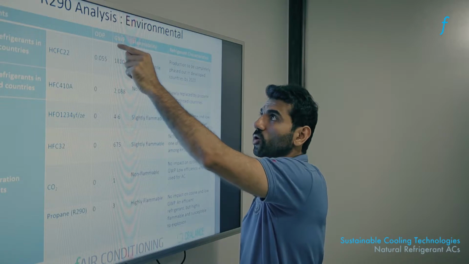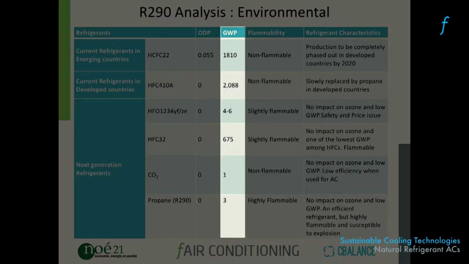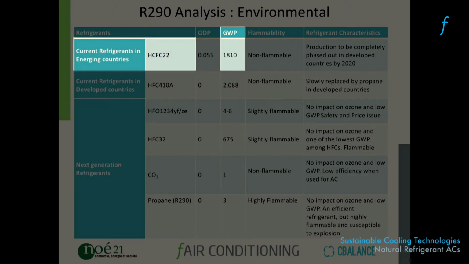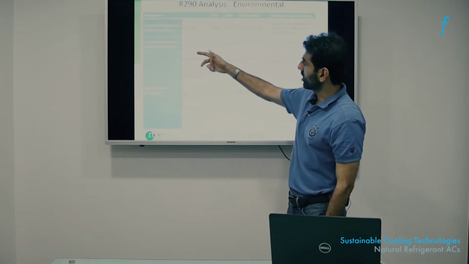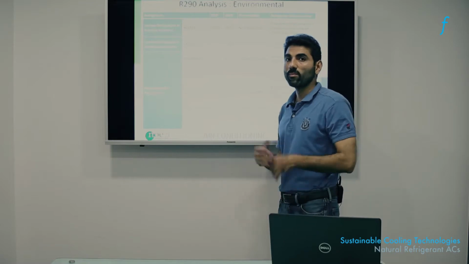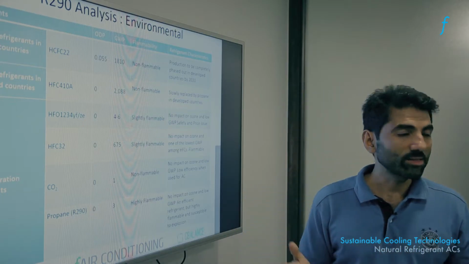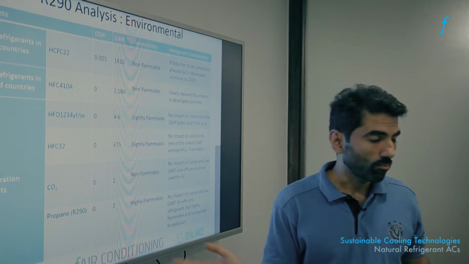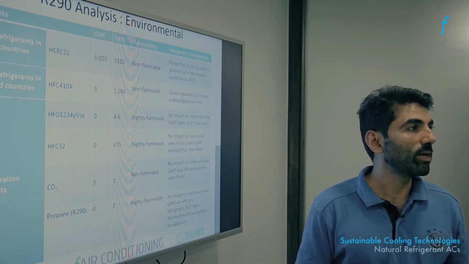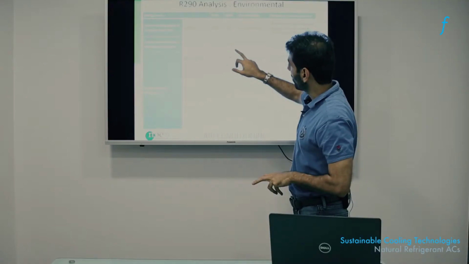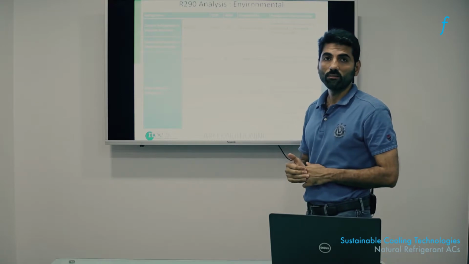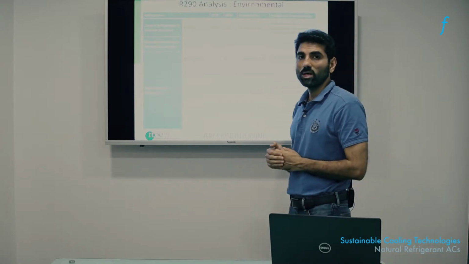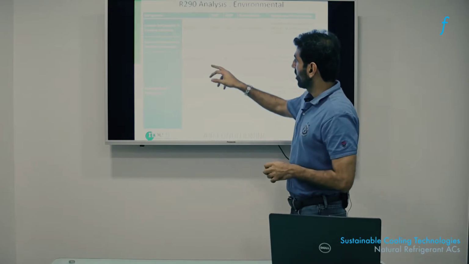The next attribute is the global warming potential. You can see that HCFC 22 or R22 and HFC 410A both have very high global warming potential, which immediately calls into question how this gas can ever be portrayed as a green refrigerant. Nonetheless, this misinformation is quite pervasive right now in the ad campaigns for ACs, so we must really pay attention to this number of global warming potential before classifying a refrigerant as green or suitable for an alternate cooling technology. Moving on,